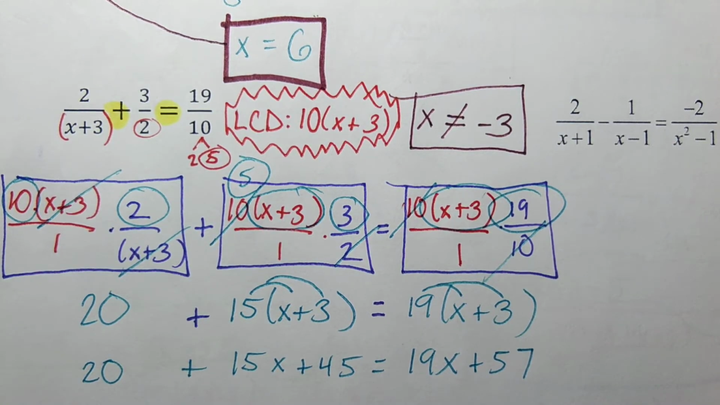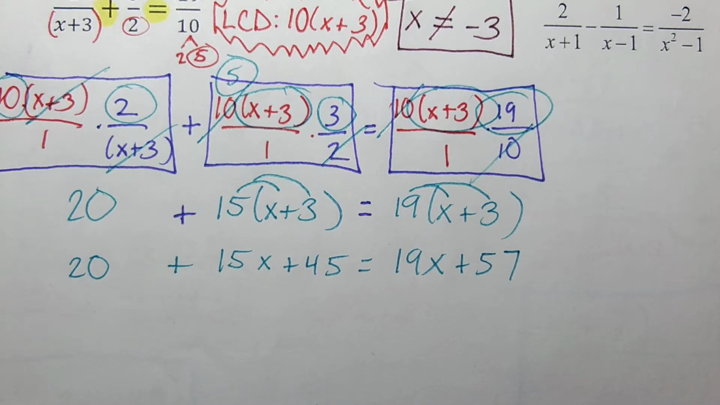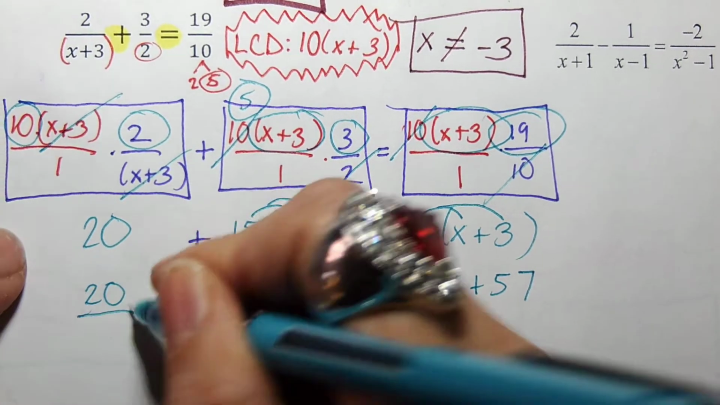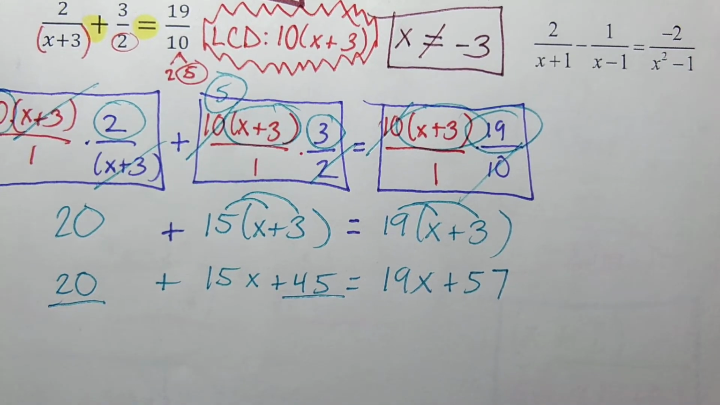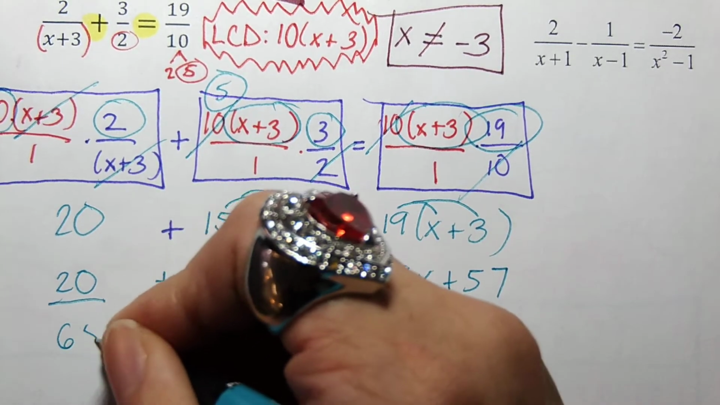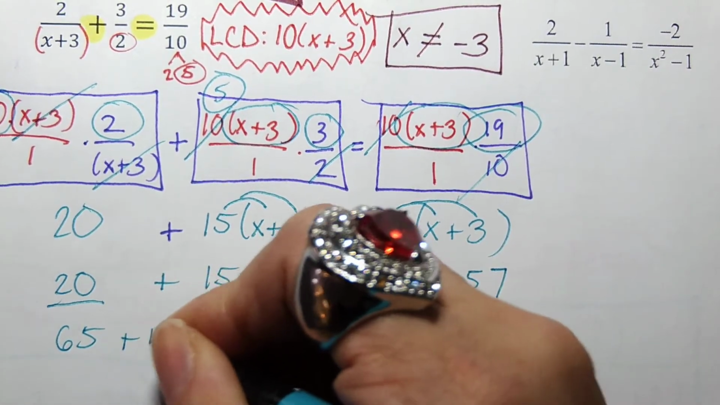Let's combine our like terms first that are on the same side of the equation. So I've got 20 and 45 over here. Do I need to subtract the 20 to move it to be with the 45? Nope, they are on the same side. So we can just straight up add them together. So 65 plus 15x